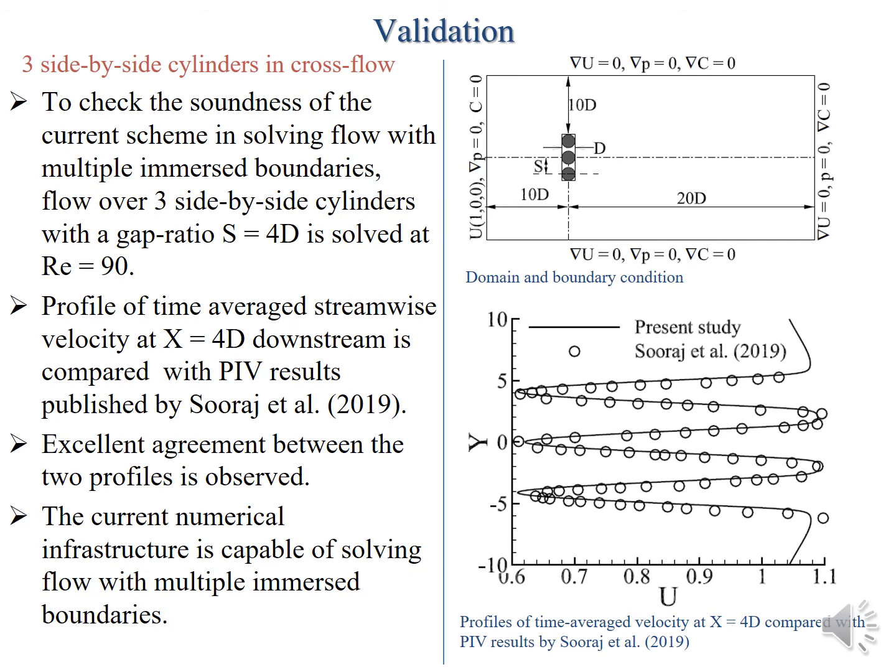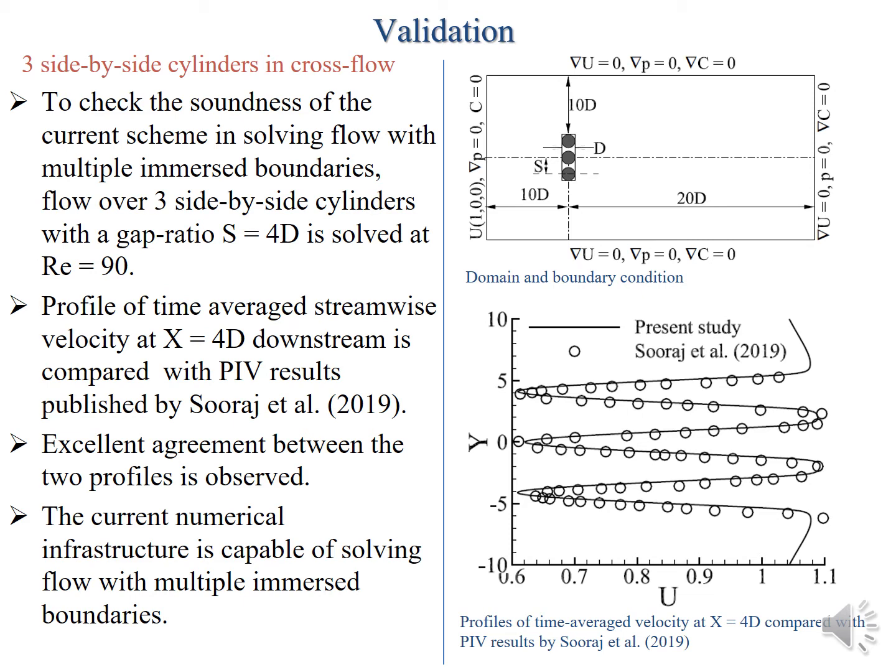So having found that, we want to check the suitability of this method in solving flow with multiple immersed boundaries. And for this, we take three side-by-side cylinders at a gap ratio of 4, similar to the setting of a PIV result published by Soraj in 2019. And we want to measure the velocity profile and see whether it compares well with the velocity profile that was